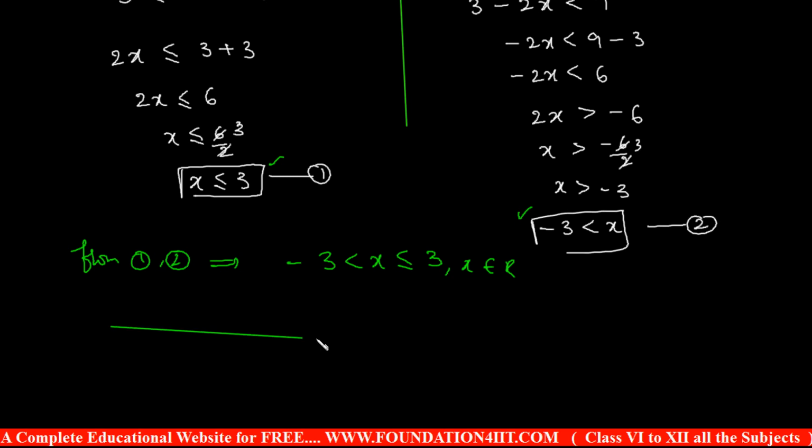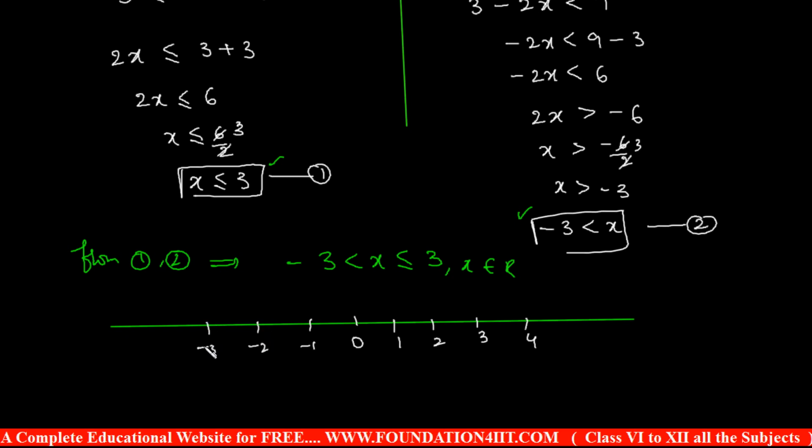That topic we already discussed previously. Let's take 0, 1, 2, 3, 4, and so on, and minus 1, minus 2, minus 3, minus 4. Minus 3 is not included, so you can keep an open circle. X is less than or equal to 3, so 3 is included, and there should be a closed bubble, a complete dot. Now you can draw the line in between them. Each and every point between them is included. Draw one dark line. So this is the solution set for this. Let's see one more problem.